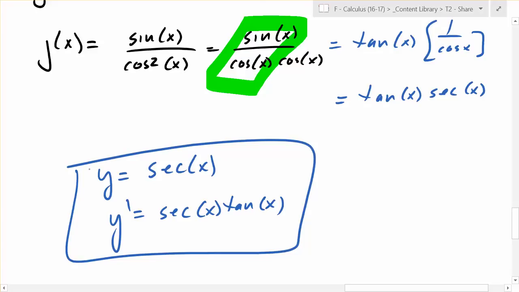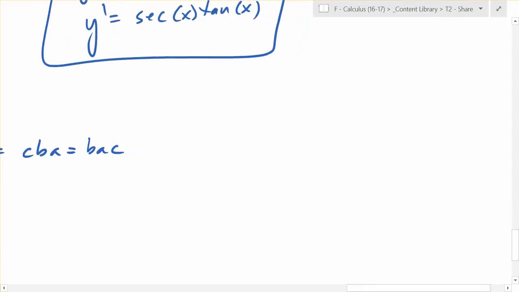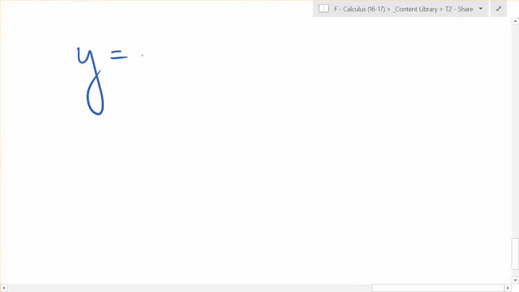So the derivative of sine is? Derivative of cosine is? The derivative of tangent is? We just did it, remember? Yeah, we did. Secant squared. And the derivative of secant is? Secant tan. So there's one last one we have to do. What's the last one? Cosecant. So if y is equal to cosecant x, get back to the board, trade up with one person in your